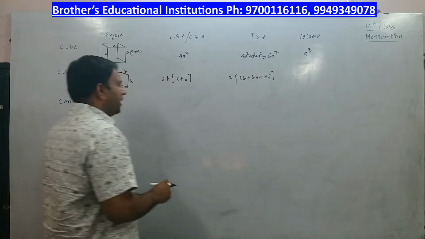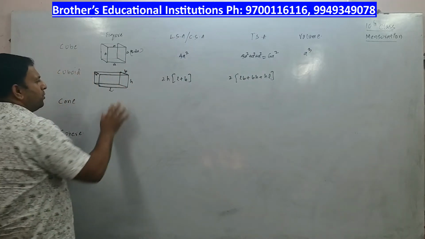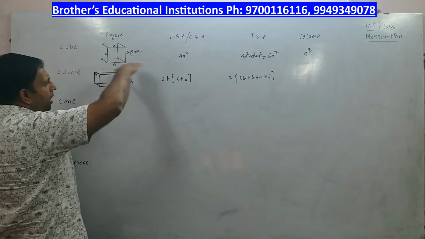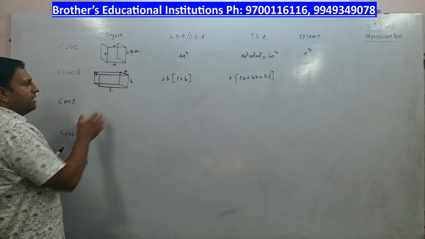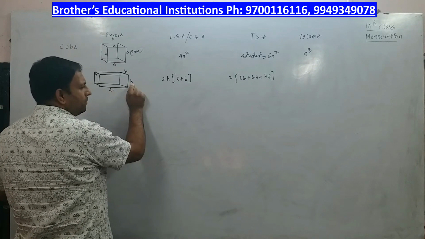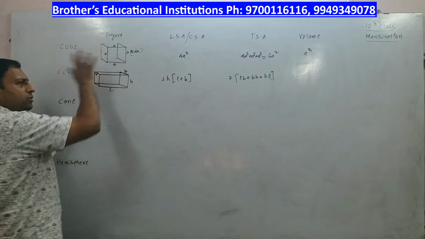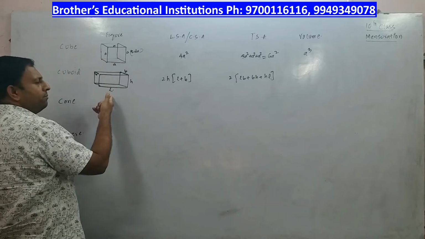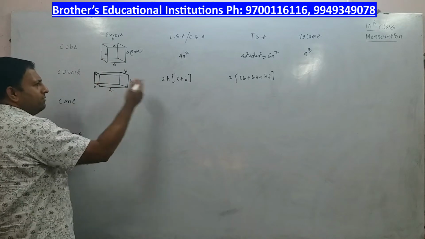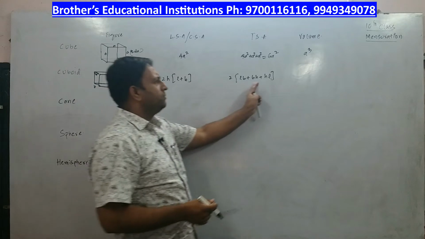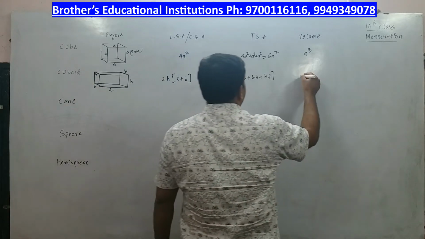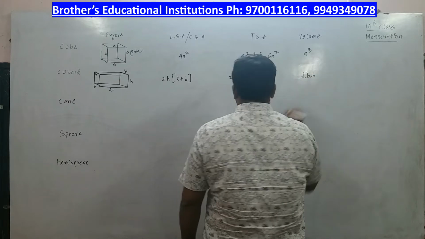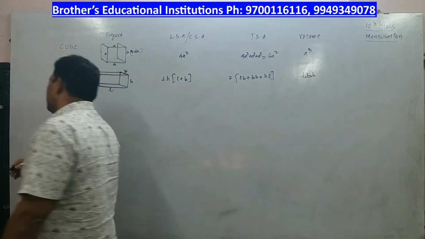Alright. Now try to understand. Total surface area means what? This face and that face. This face and this face. Above face and bottom face. Now this face is L into H. L into H this side, the other side also L into H. The top one, B into L. Bottom one, B into L. Is it not? So always it will be 2 times. So 2 into LB plus BH plus HL. And volume is L into B into H, that is the volume of a cuboid.